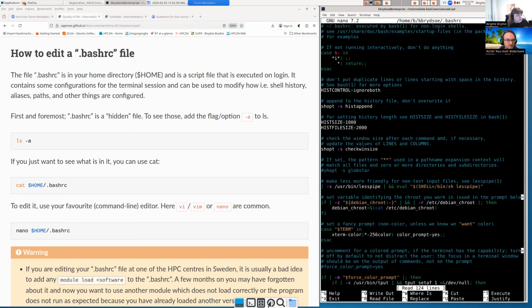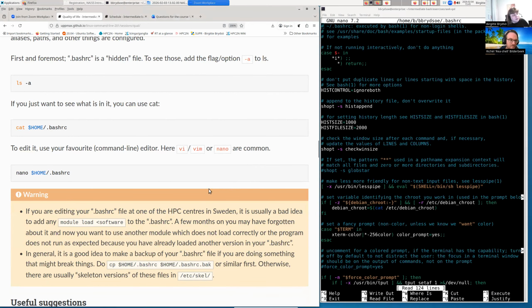And it looks like this. Do note, if you are editing your bashrc file at one of the HPC centers, don't put module loads into it. If you do that, then you risk that maybe we have installed a newer version and now the default one is a different one,